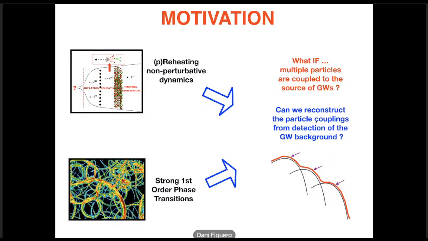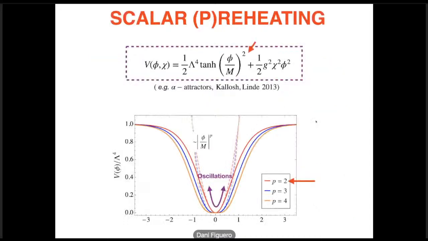If that's the case, can we reconstruct the particle couplings of their interaction through signatures in the gravitational wave background? This is what I want to address here. And of course, I can only do it in an example. So I'm going to choose a simple model, which is inspired by alpha attractors, which is to choose this kind